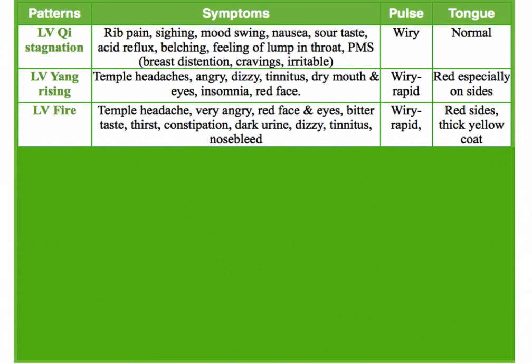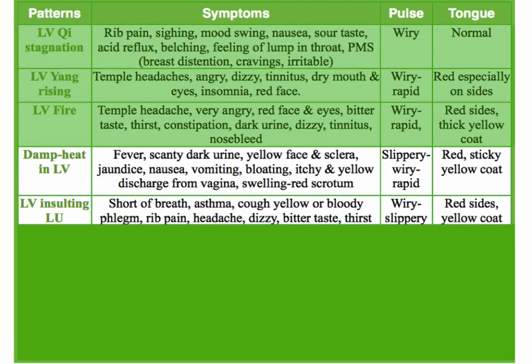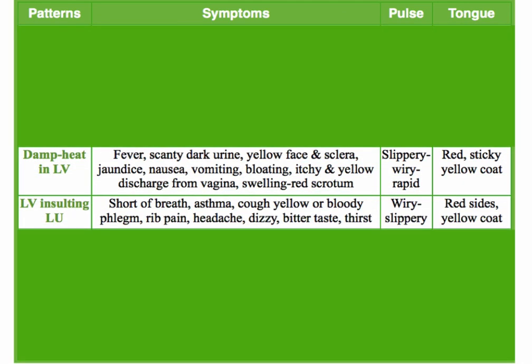I've had lots of people with liver yang rising in my practice, and acupuncture is such a great tool for those patterns. Of course, liver qi stagnation, because it really helps move qi. That's one of the best benefits of acupuncture. Those next two patterns are excess patterns to start with, and then I'm going to show you what it does to the lung, but as excess in the liver.